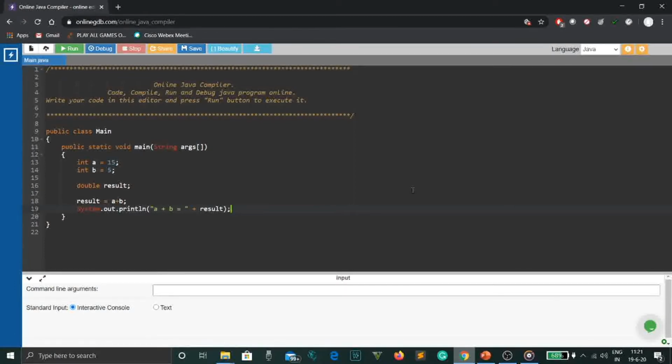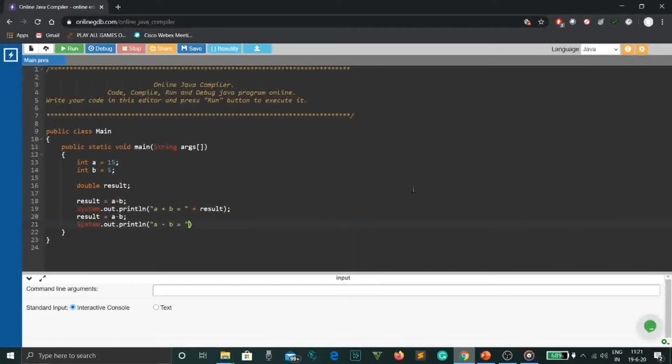Then we similarly write it for subtraction, result = a - b, semicolon. Then we write System.out.println("a - b = "), as we want to print it as it is, we write it in double inverted commas.